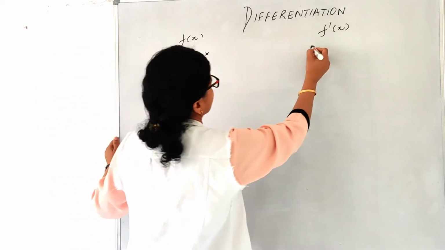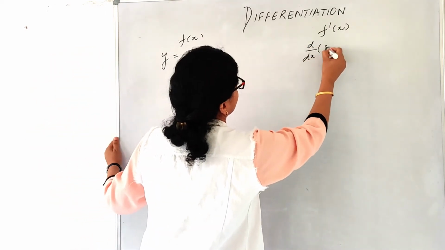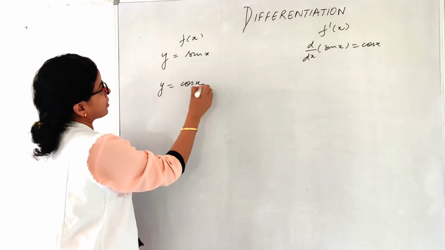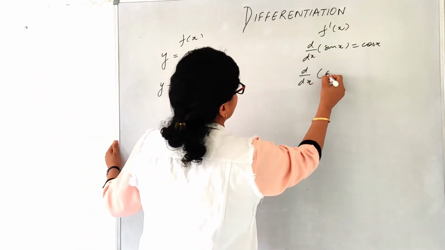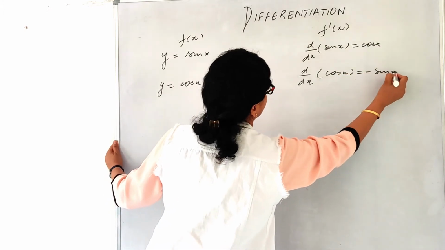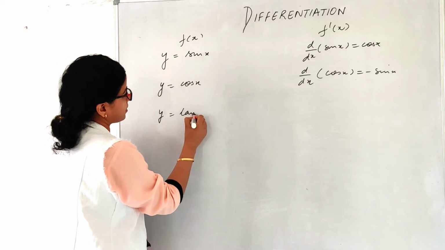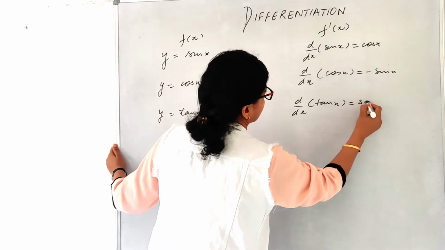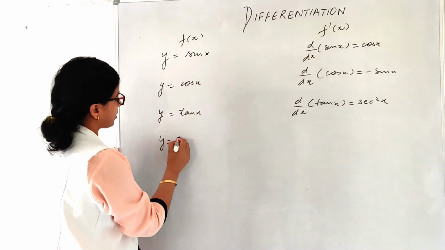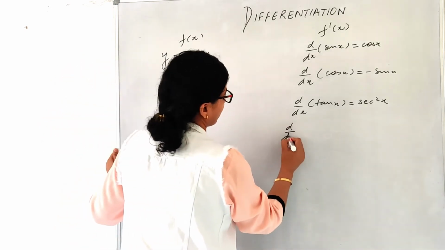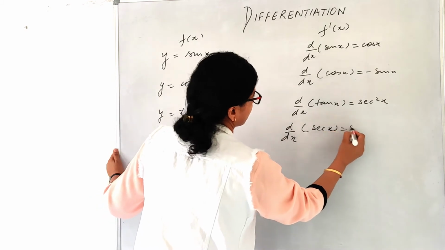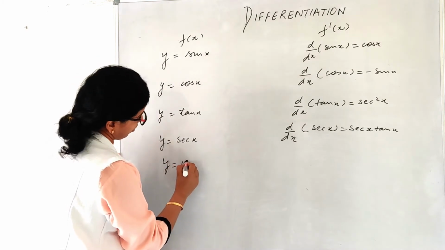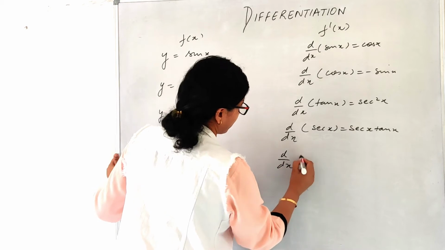So y is equal to sin x, derivative of sin x is cos x, y is equal to cos x, derivative of the function cos x is minus sin x, y is equal to tan x, derivative of the function tan x is secant square x, y is equal to secant x, derivative of the function secant x is equal to secant x tan x,